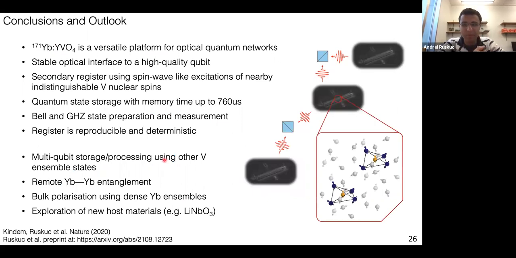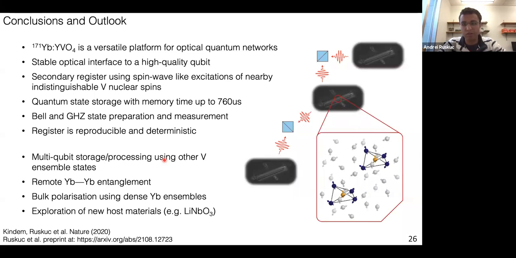In conclusion, we think that this 171Yb doped into yttrium orthovanadate is a very versatile platform for realizing optical quantum networks. In previous work, we demonstrated that we could achieve a very stable optical interface to these qubits with very good spin coherence times and high fidelity single qubit gates. And in the work that I've talked about today, we've demonstrated that we can realize a secondary quantum register using